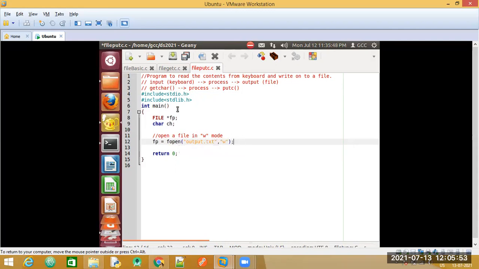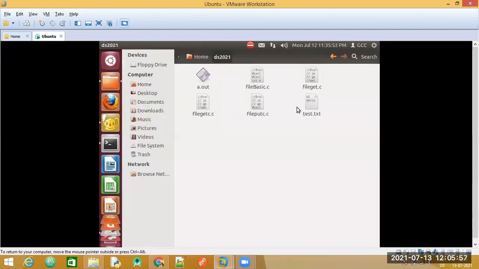Okay. Now have a look at my directory. So this is my folder and you can see here I am just having these many files. I do not have anything called output.txt. There is no such file called output.txt.